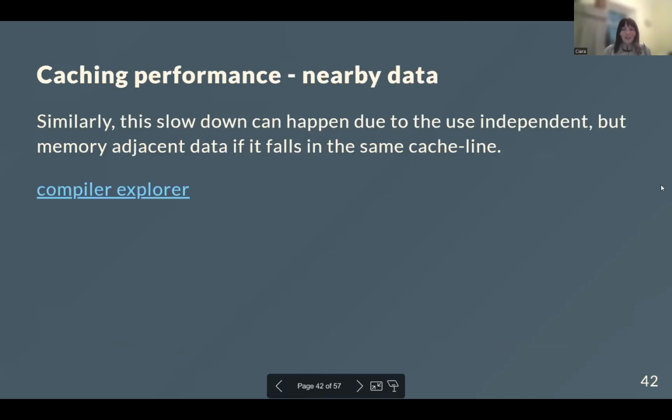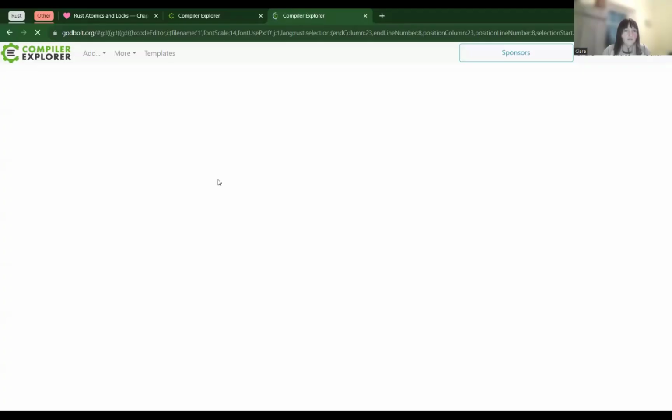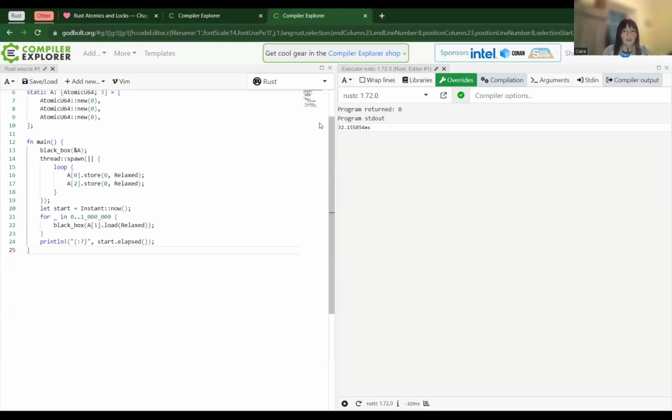And similarly, and quite coolly, because these cache lines are taking a whole cache line, not just the data that we need, that slowdown can happen even due to the use of independent but memory adjacent data if it happens to be in the same cache line. So what that ends up looking like